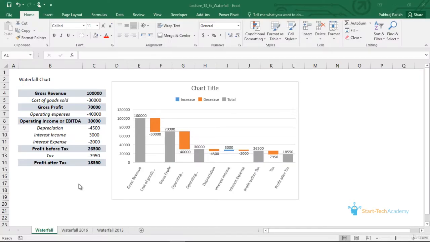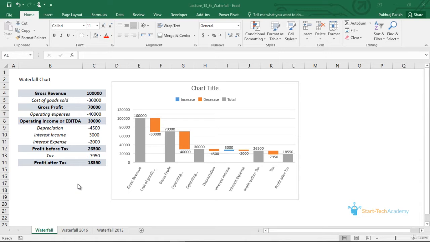Hello everyone. In this video we will discuss how to create and interpret waterfall charts. Waterfall charts are used to visualize sequential positive or negative changes from your starting point or the base value. Waterfall charts are commonly used in financial analysis to discuss how net value is arrived at through gains or losses over time. But to create a waterfall, there are two different ways.